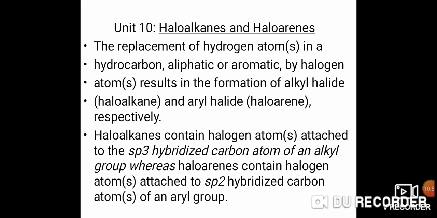So, the replacement of hydrogen atoms from a hydrocarbon, which can be either aliphatic or aromatic, by a halogen atom results in the formation of an alkyl halide, which we call a haloalkane. So, haloalkanes contain halogen atoms attached to the sp3 carbon atom of an alkyl group, whereas